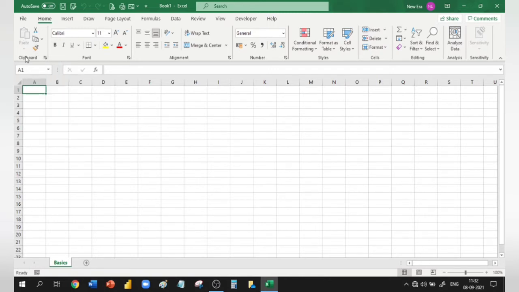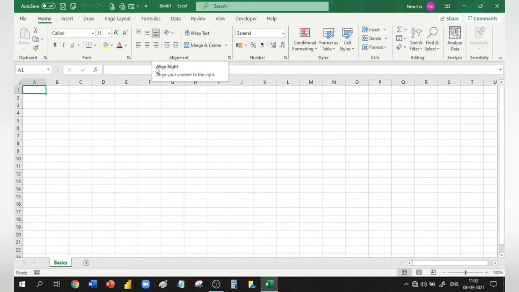In the clipboard, we can easily understand it is basically cut, copy, paste, and even the formatting. Font will deal with only the font settings, and so on. We'll learn all these things in the next video. Right now we are just focusing on the different things that are available in our ribbon.